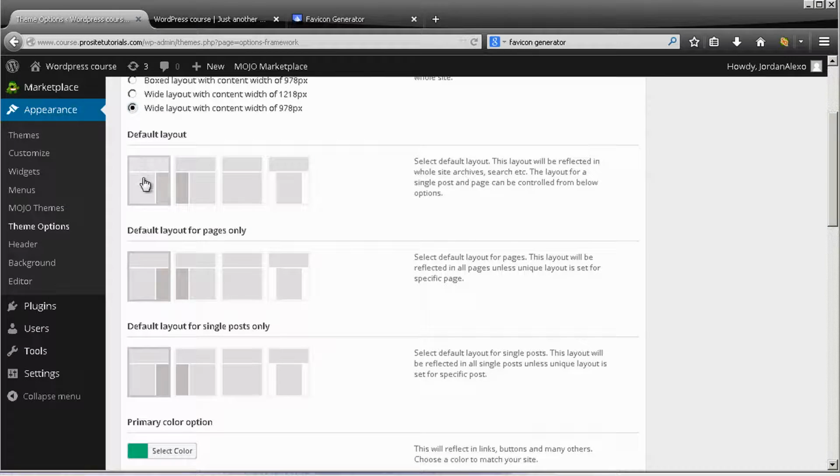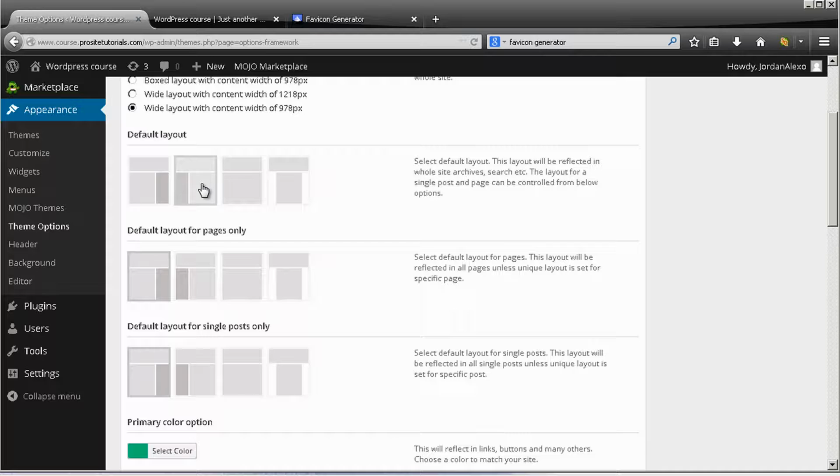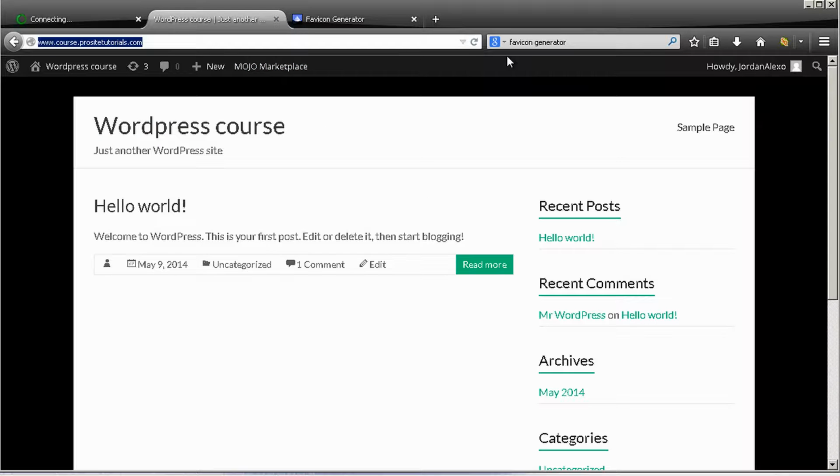Also, as you see over here, default layout, you can change from having a right sidebar, which is what we have at the moment. I'm going to show to you over here. So at the moment, I have this right sidebar appearing over here. But you can also add this to your left side by choosing the second option. Or you can have no sidebar at all by selecting the third option. Or you can choose the last one, which means that you won't have any kind of sidebar, but your content will be more compact. So I'm going to choose this last option so you can see what this will actually do. Save Options, refresh website,